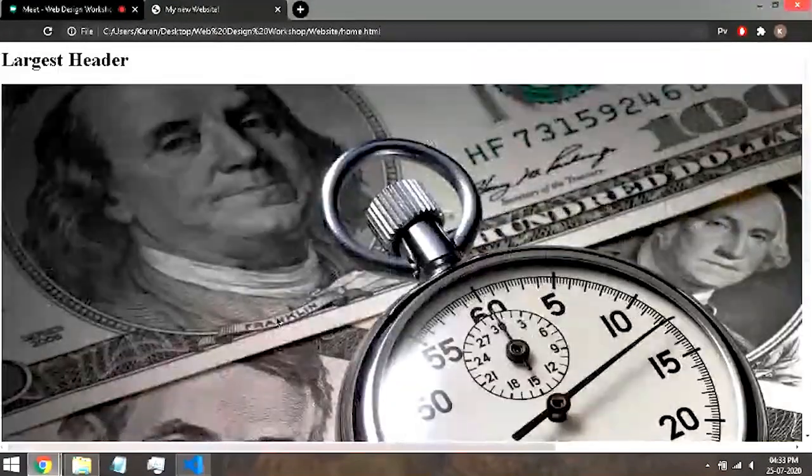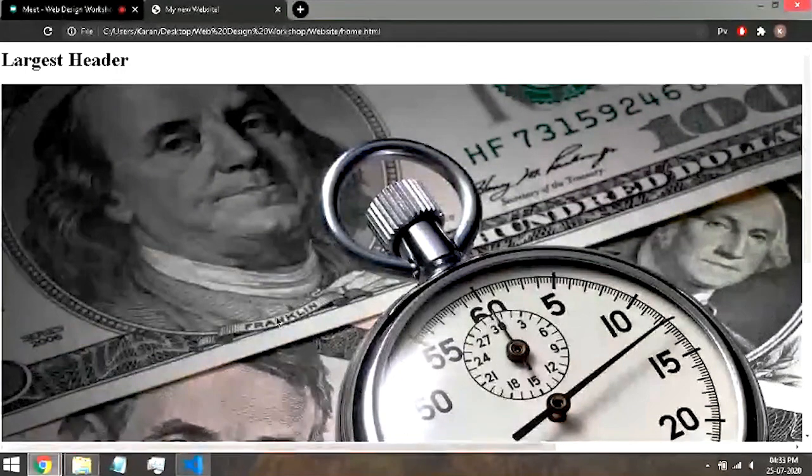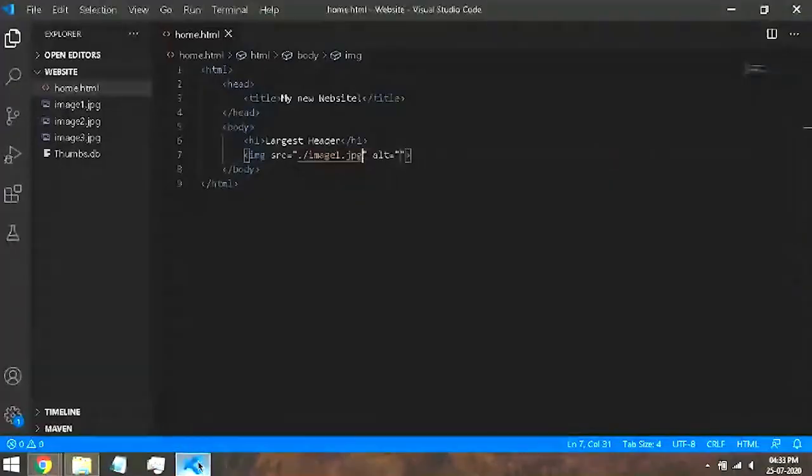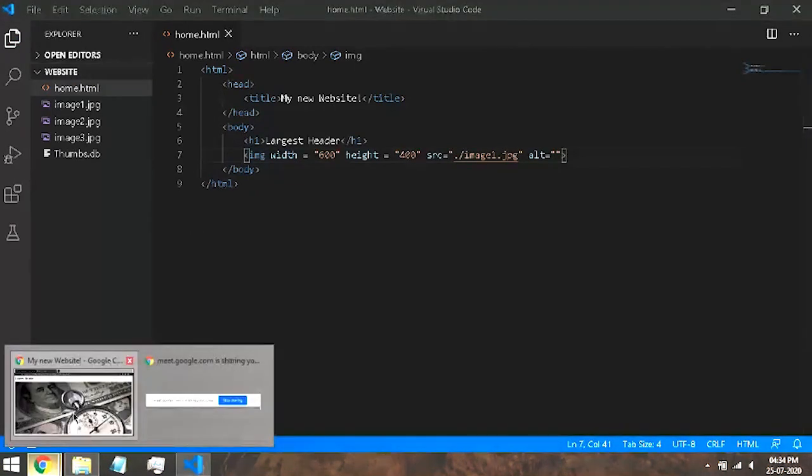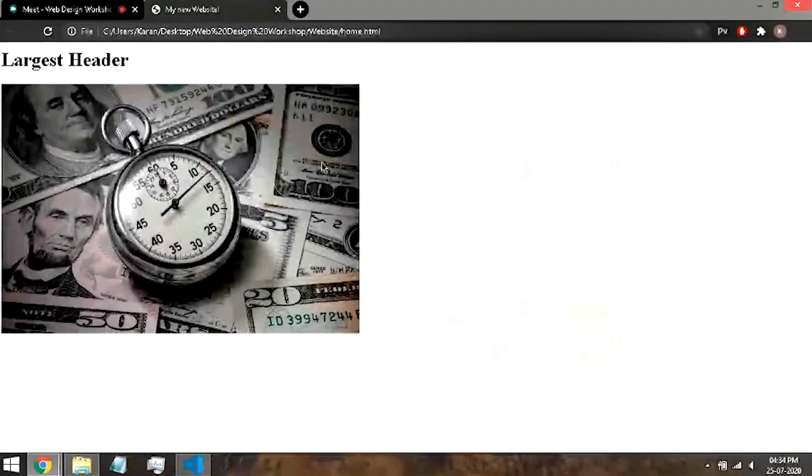But as you can see, no website has an image this big. We don't want this. We want it to be small. So what we can do is specify the width and height of the image. For that, we have attributes called width. Here I can just give a value. So I will say 600. And we also have the attribute called height. Here I will just say 400. Let me just save. And if I refresh, as you can see, the image was resized according to my convenience. Whatever I want to set, I can set it that way.